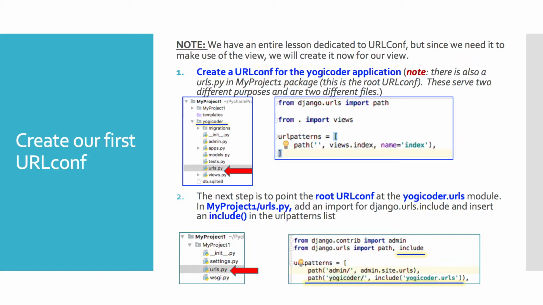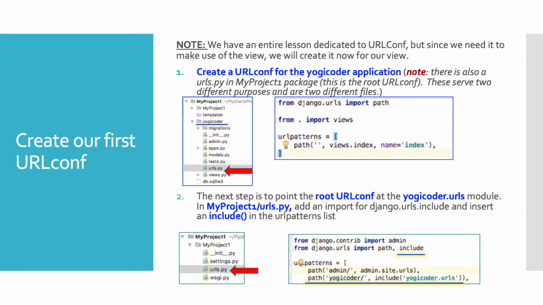So here we go into the other urls.py. Okay, now this is at this level, right? The project level. So urls.py here, which gets created automatically when I create my project through PyCharm, is what is known as the root URL conf or configuration. So here we have to add this Yogi Coder / include, so that Django, right, my project knows about this application. For every new application I add, you'd have to do this.